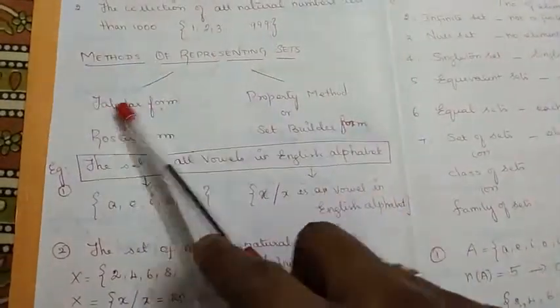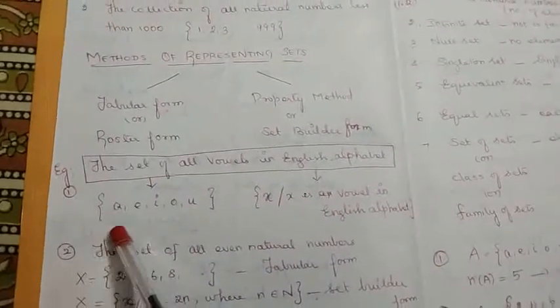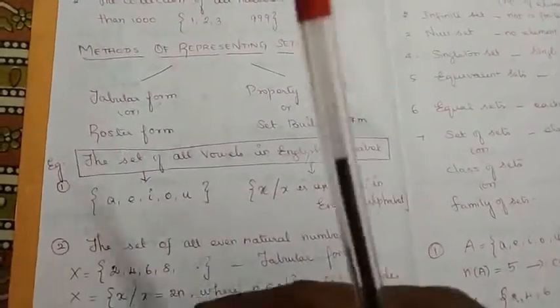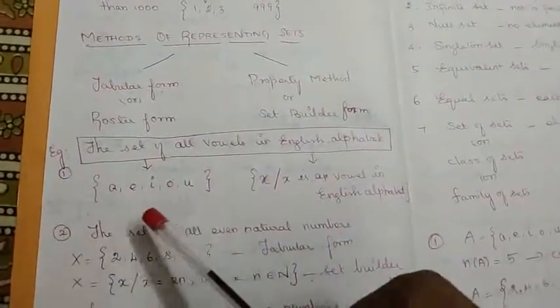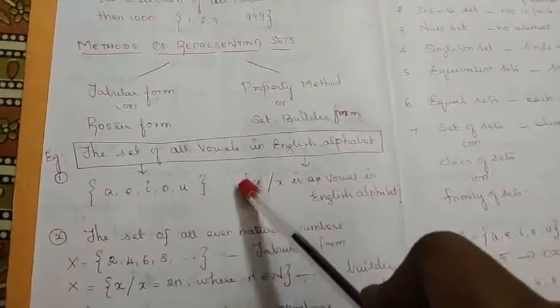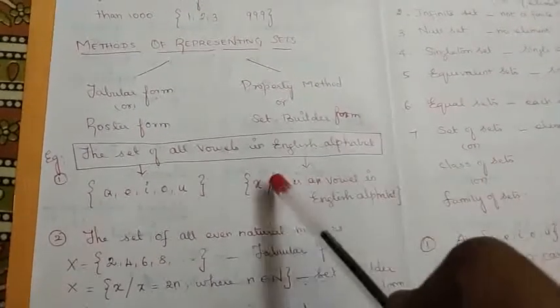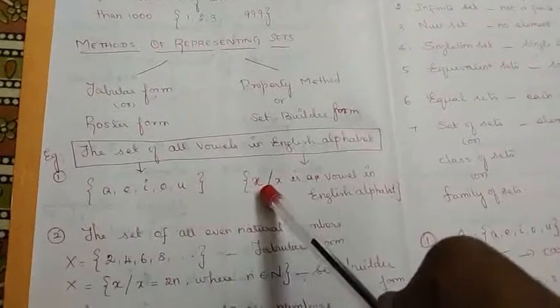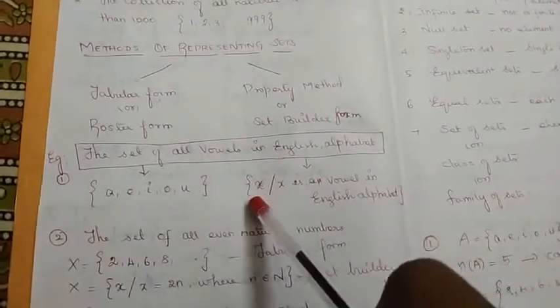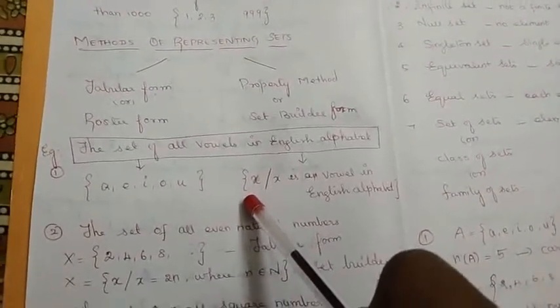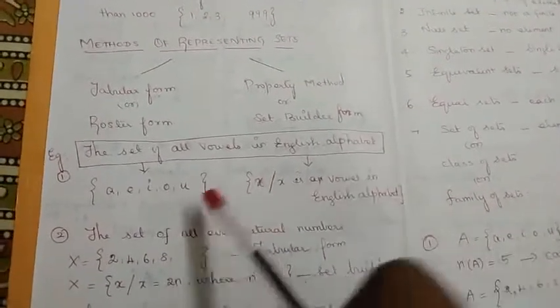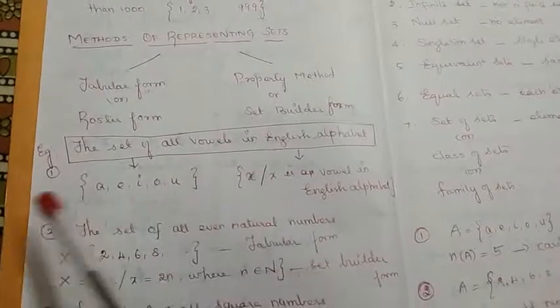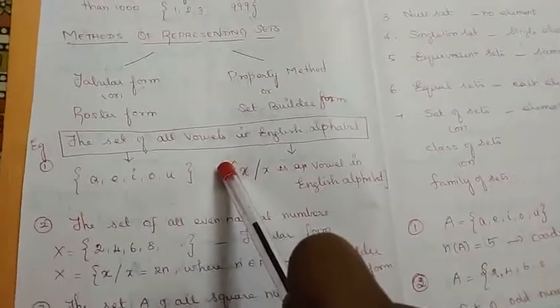Tabular form, from the name itself it is very clear. It is like expressing the elements of the set in separate form by separating them with commas. Whereas in set builder form, you have to express it inside the flower braces, saying a set of all x such that, where we have to give one general notation and give the explanation for the element in words. Whereas in roster form or tabular form, we will tabulate the elements explicitly.